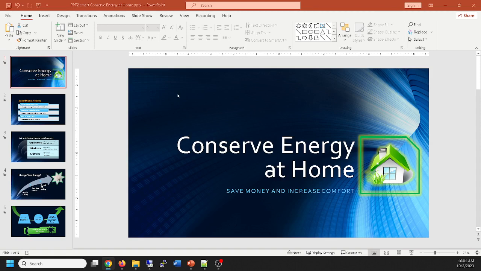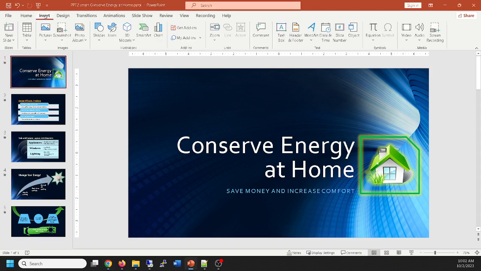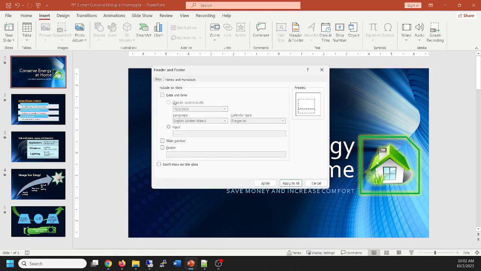We would like to show a header and footer. Remember, those are actually modifying your master slide, but I can go to the Insert Header Footer menu, and basically this turns on shapes that are hiding over there in my master slide. I can turn on the date and time, turn on the slide number, turn on the footer, and of course if I want something in the date and time, let's go ahead and put in